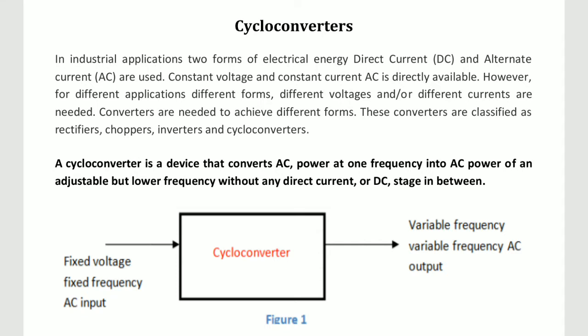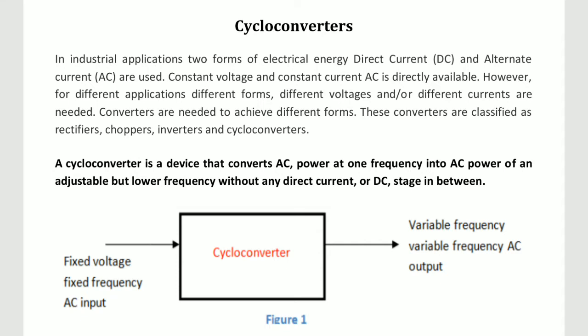And the last device is the AC to DC, that is rectifiers. There may be single phase or three phase rectifiers. Inverters may be single phase or three phase. And there are also single phase or three phase cycloconverters. I have made videos on the rectifiers, inverters, and some other power converters. We will discuss today the cycloconverters, which are nothing but frequency converters.